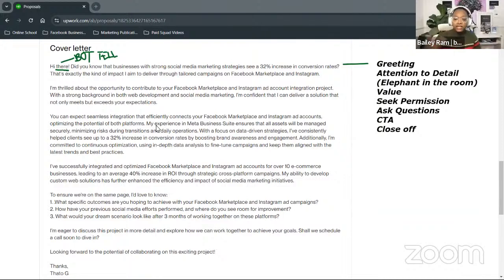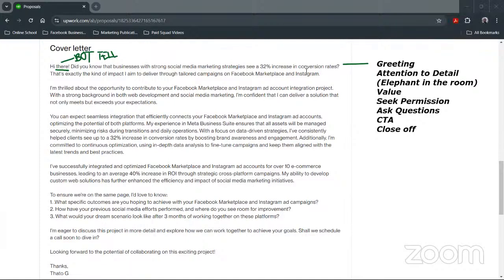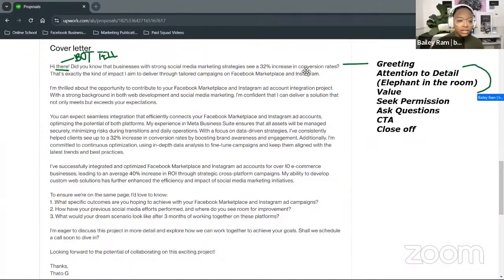It's like an elephant in the room that you don't know the client's name. So we are doing attention to detail and addressing the elephant in the room if we mention something about that. Quickly, we're doing attention to detail and the elephant in the room, and it does set you apart. Do you remember when we were working with Israel's proposals and fixing them? We were saying things like, man, wouldn't it be nice if I knew your name,